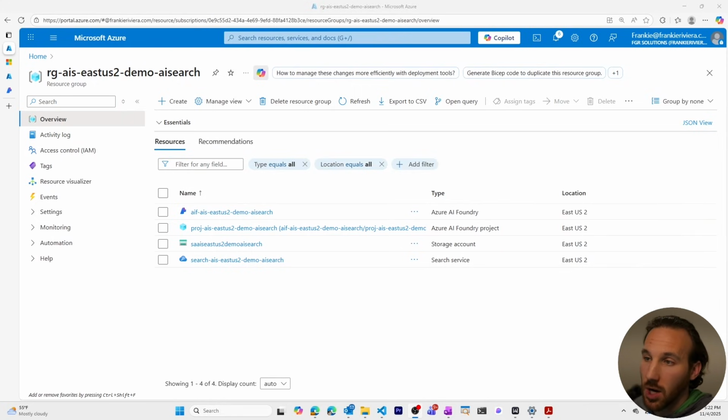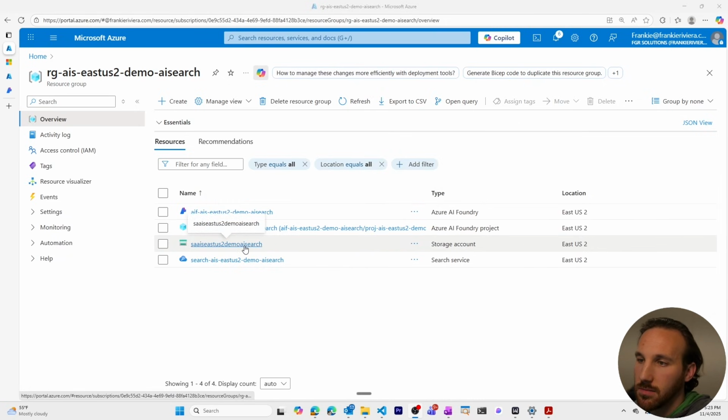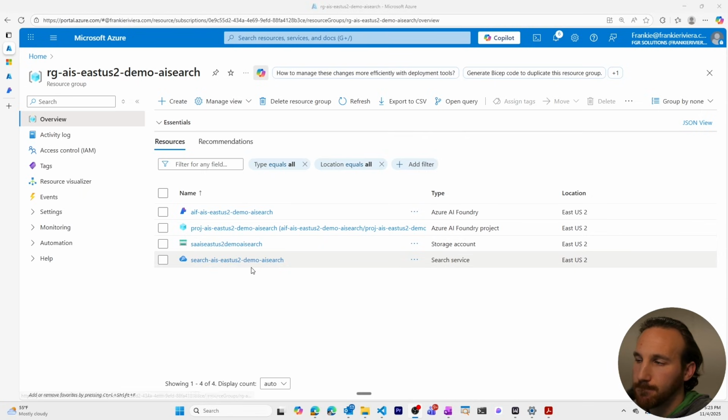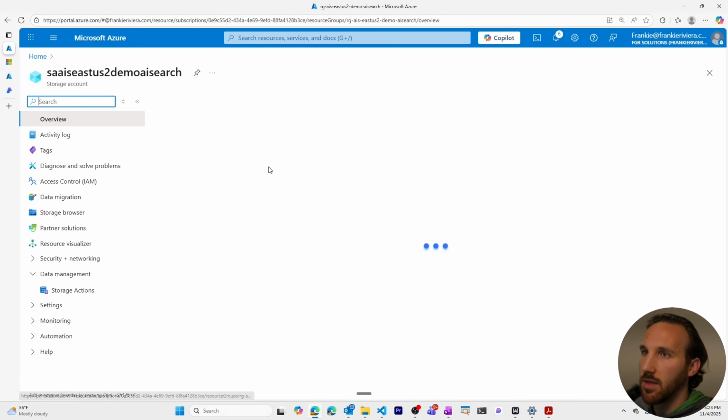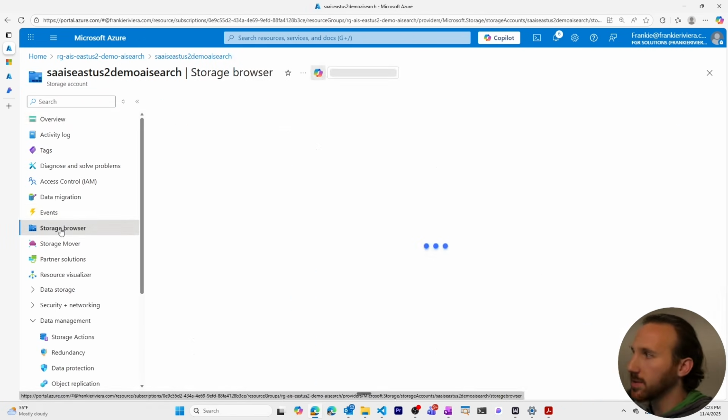So right now, we'll start in this Azure resource group where we have an Azure AI Foundry resource, which has an Azure AI Foundry project, and also a storage account and a search resource. The first thing we'll do is upload some files to our storage account into a container that will be our data source. So I'll go into storage browser,